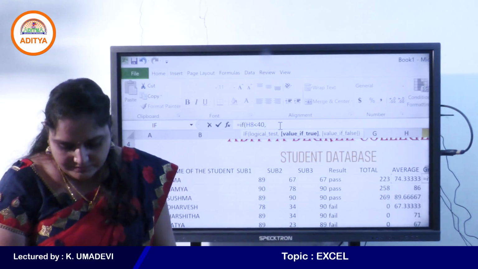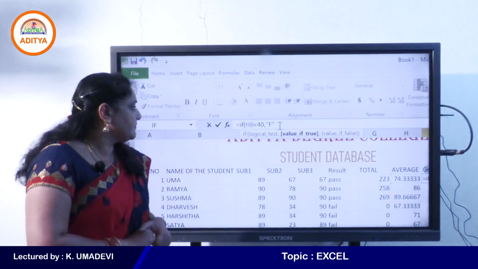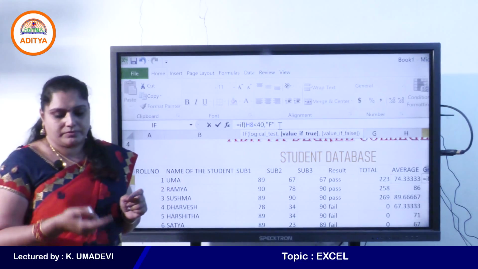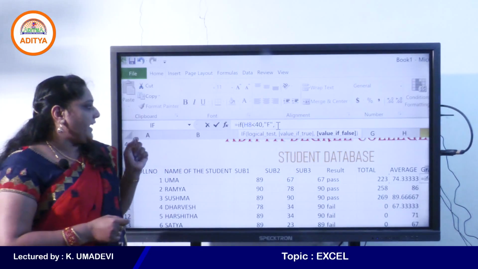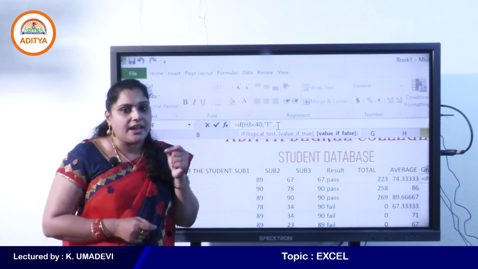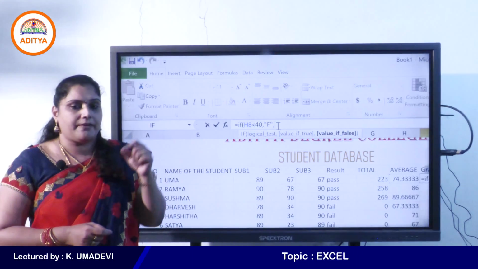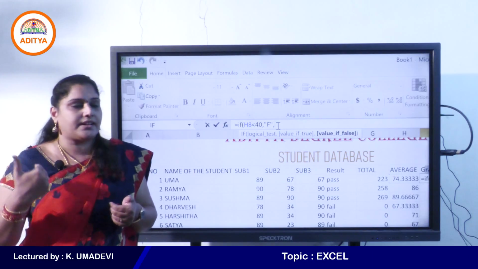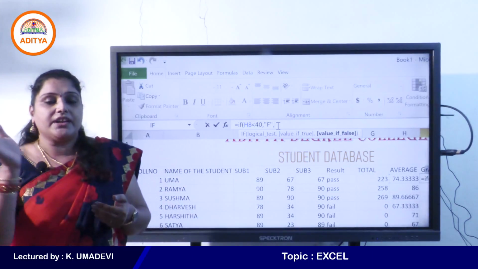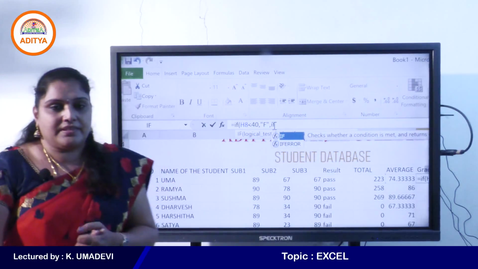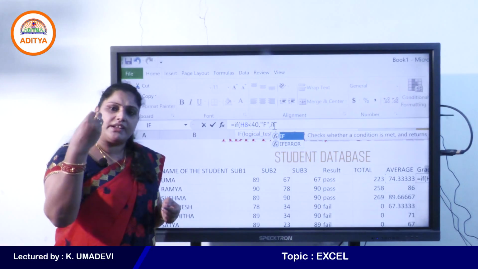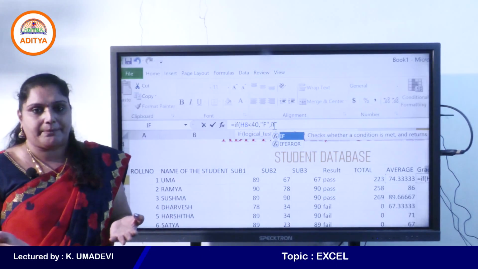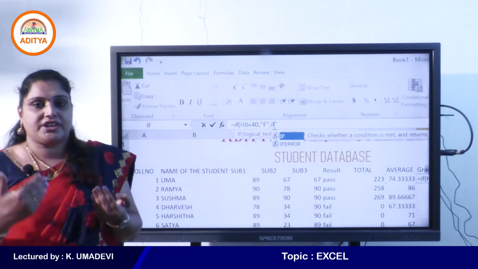F, right? And okay, so just enter F instead of true. See, if the H8 value is less than 40, then the grade would be F, or else again we need to check the condition for another grades, that is again I am using if instead of false. So that means use one if function inside another if instead of true value or false value based on a requirement. Again here I will use if to check another condition.